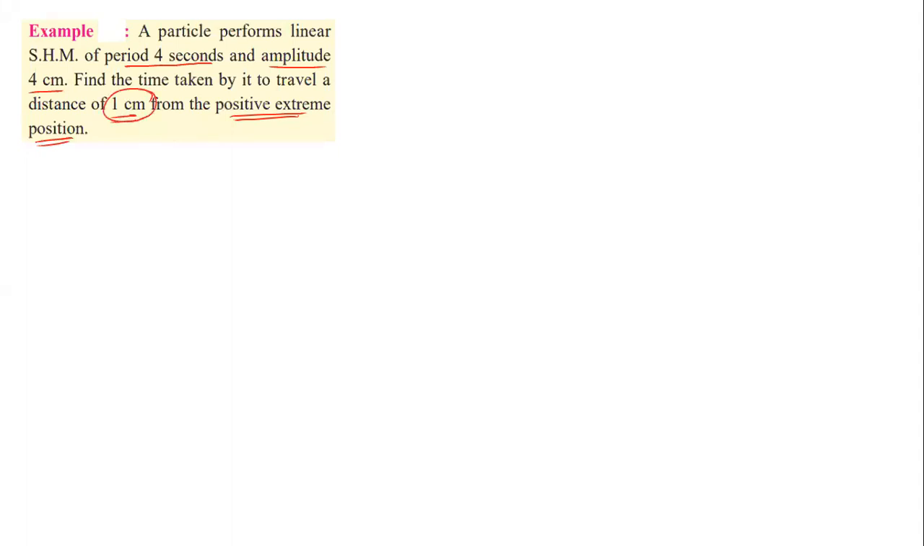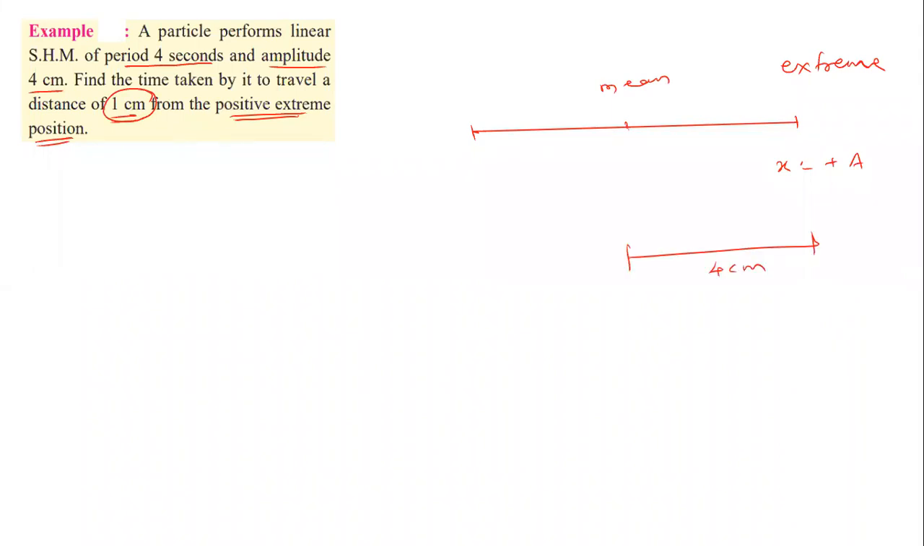So here, a particle is following SHM. This is the extreme position, so this is the positive extreme. Here x is equal to plus a. And this is the mean position. So the total amplitude here is 4 centimeter. And from this extreme position, the particle has to travel 1 centimeter distance, and you have to find out the time for that. So we already learned